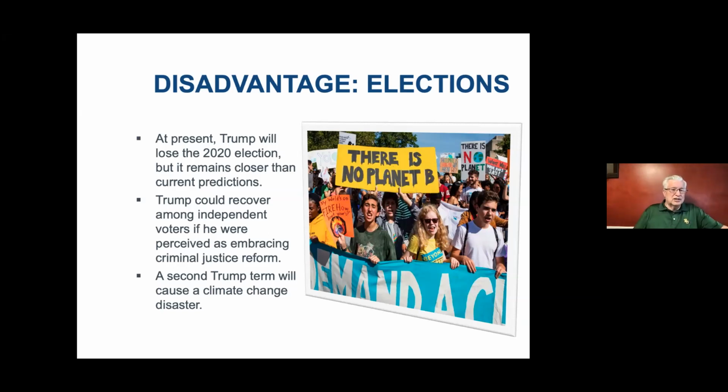So the uniqueness argument for the elections disadvantage, at least before the 2020 elections, is going to be that if things go as they are now, Trump will lose the 2020 election. But you need to have some brink evidence that it remains closer than people presume. It could go either way. And in particular, Trump could recover among independent voters. So he has his